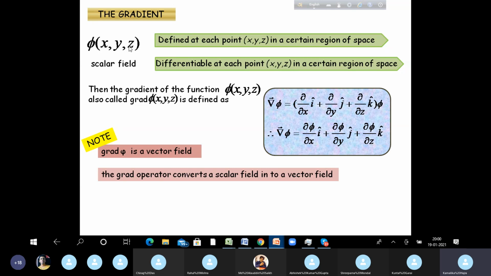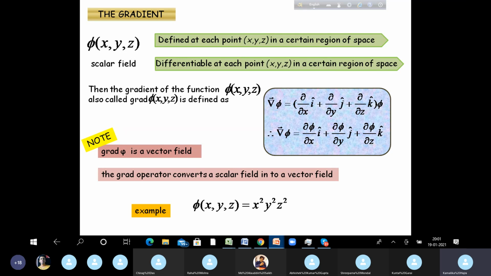So basically the grad operator converts the scalar field to a vector field. We started with a scalar field, we operated the grad operator, and you can see this clearly is a vector with the directions i cap, j cap, k cap, and the components are del phi/del x, del phi/del y and del phi/del z. So given the function phi, you can find out the components. For example, suppose the scalar phi is a function like this, x squared y squared z squared. Any function. It might represent some sort of a field, just imagine. Okay. So can you find out the gradient of this function and tell me what the result is?